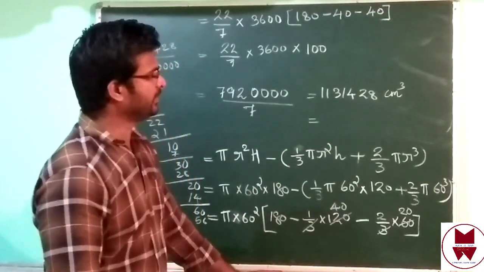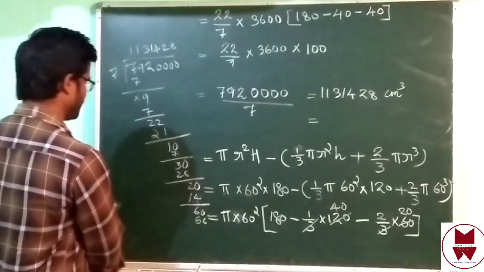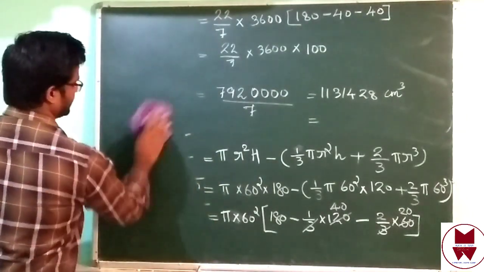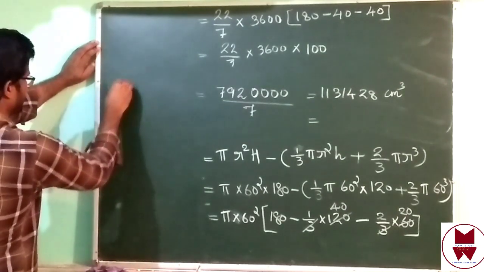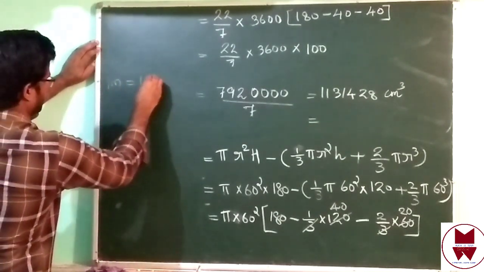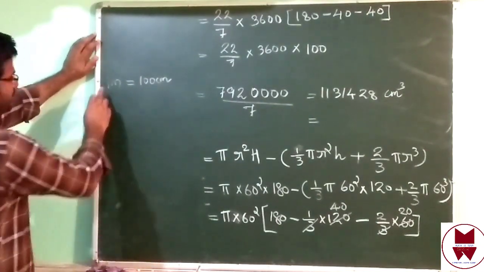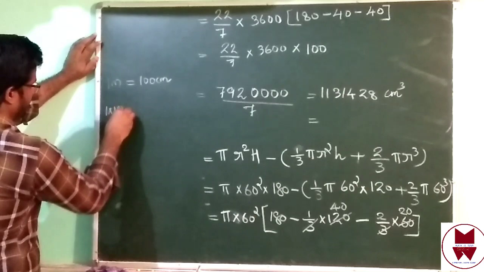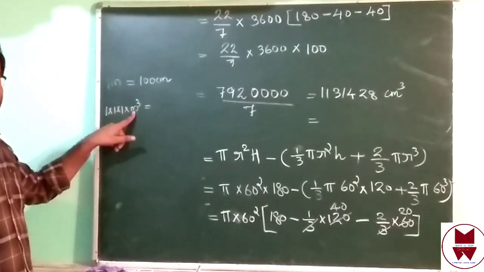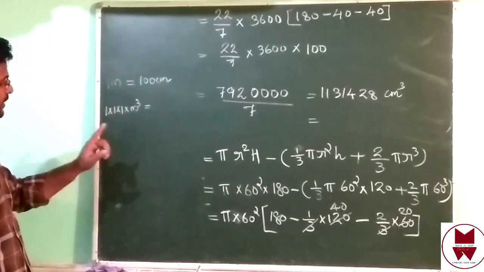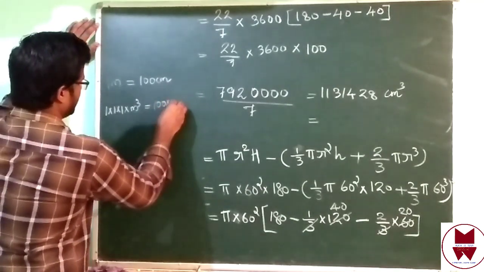Equal to this, centimeter cube, we are going to change to meter cube. What will we do that time? Divide by which number? Check it. 1 meter means 100 centimeter, isn't it? Then 1 meter cube means 1 into 1 into 1. Meter, we multiply 3 times, isn't it? 1 into 1 into 1, we will get 1. That time 100 also we have to multiply 3 times: 100 into 100 into 100.